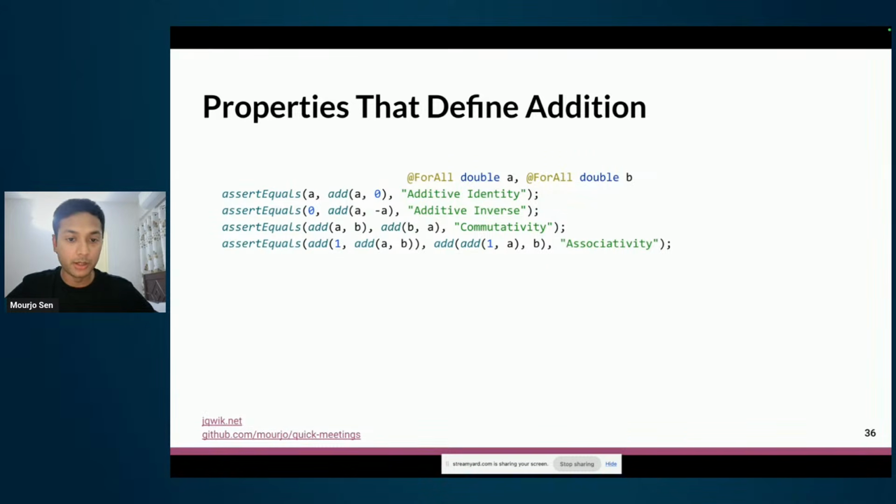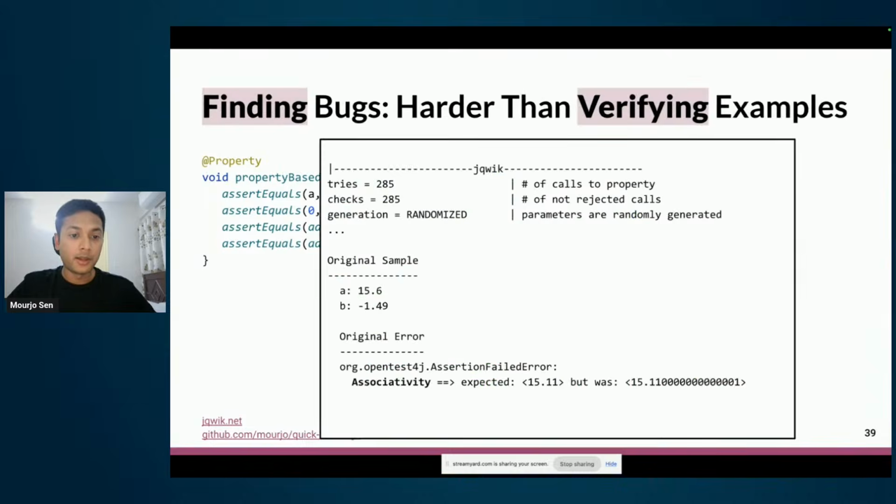Now, in this demo and this presentation, I'm using the jqwik library in Java, which is the go-to library for writing property-based tests. And this ForAll annotation is coming from the same library, which just says that for this test, the values of A and B will be generated by the test suite itself. And since this is a Java test after all, it has to be a method, and then we annotate it with Property, and that becomes a property-based test. And the moment I run this, it runs into a failure.